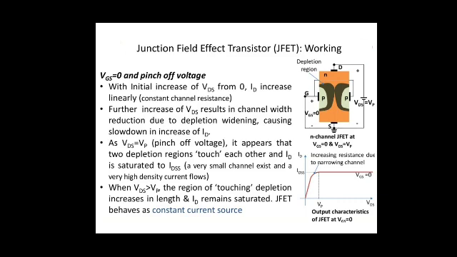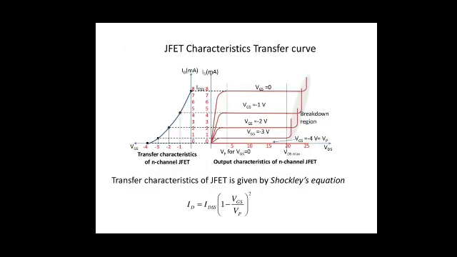In a similar way, even in JFET, based upon the voltage at the gate, the amount of current is controlled. The voltage applied at the gate is controlling the current. That is why this terminal is known as gate. At the start of the topic, we said FET is a voltage controlled device. The voltage applied here is controlling the current, so it is known as a voltage controlled device.